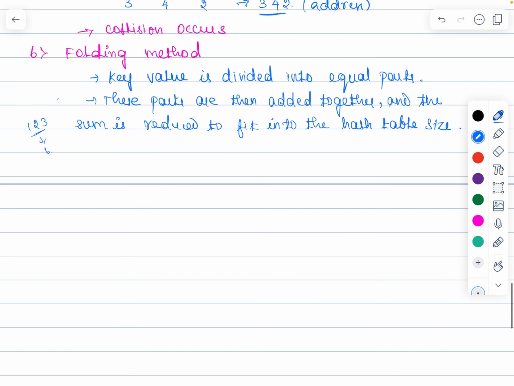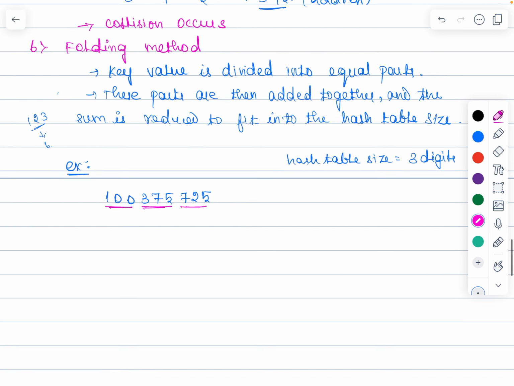Now okay, this is the example: 100375725. This is the key value I want to store. You just imagine that the address space, the hash table size, is 3 digits. If so, you can partition it into equal parts of 3 digits. It's up to you. You can divide it into 4 digits also, or 2 digits also. It's up to you. And then